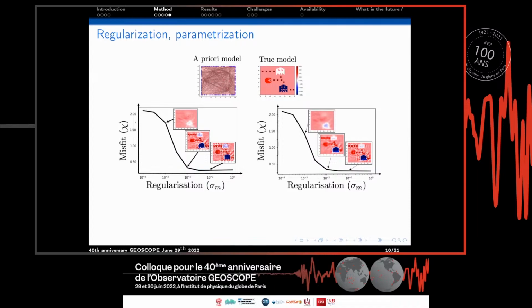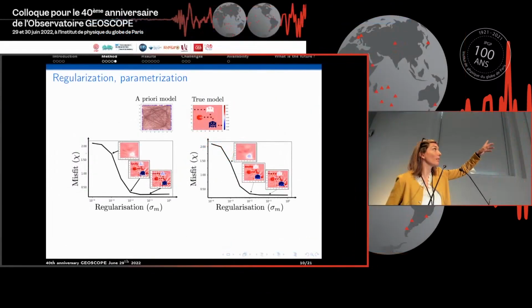And so one way to do that is to start from an a priori model. Here it's a toy example of the true model, and you start from a homogeneous model, for instance, and you try to recover the truth, of course. And you see that you have a correlation between how well the model you retrieve explains your data and the damping parameter. Actually, the error axis should be reversed. But the message here is that the damping is the parameter that says how far from the a priori model you allow your algorithm to go. So when you damp your model a lot, you will stay as close to the a priori, but you will explain